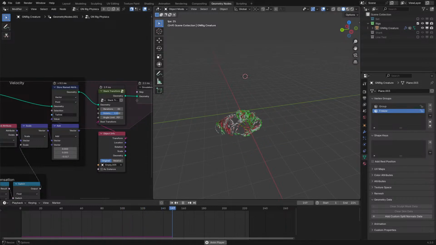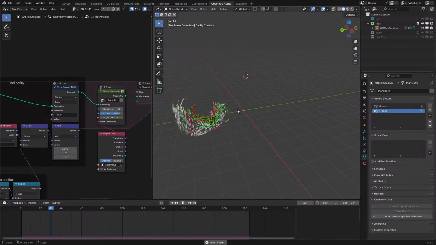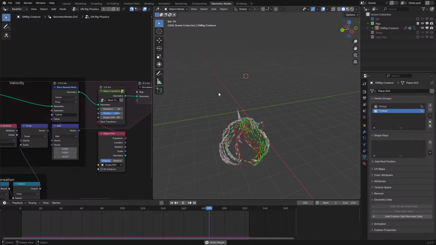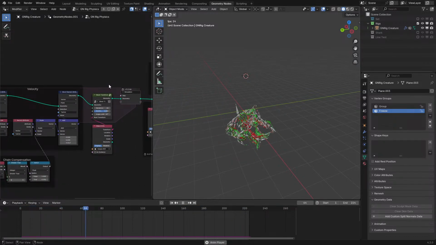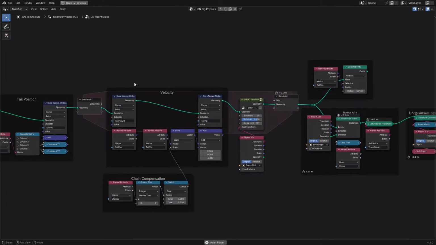Hello everyone, and welcome to today's live stream, where I'm going to be going over my geometry nodes armature system and all that cool stuff, the virtual bones and physics, with some new stuff later on. So, from where we left off last time, I took a look at Blender's Wiggle Bones add-on